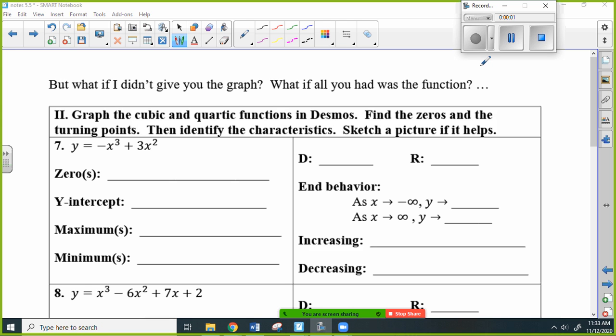So what we're going to look at for the rest of the time we're here together is what happens if I don't give you the graph, okay? What happens if I just give you the actual function, the cubic or quartic function, okay? But I still want to know the answer to all those questions. All right, well, we're going to use Desmos. Okay, Desmos is amazing for this because,